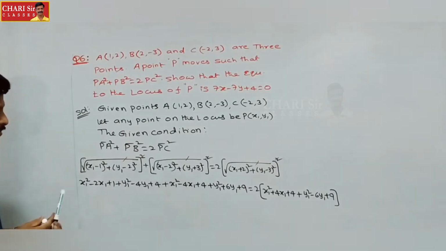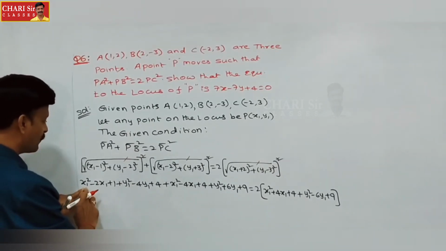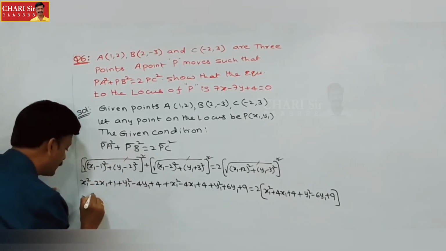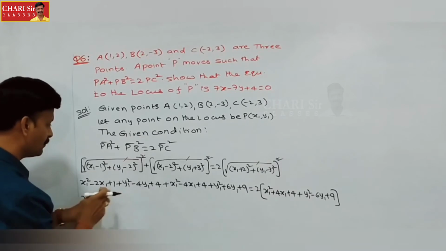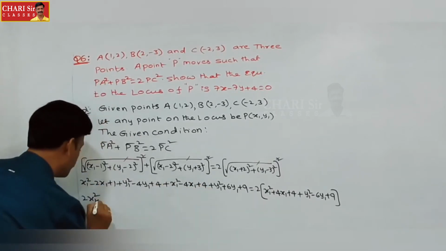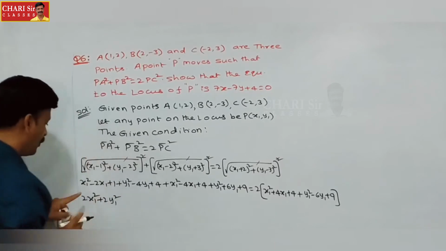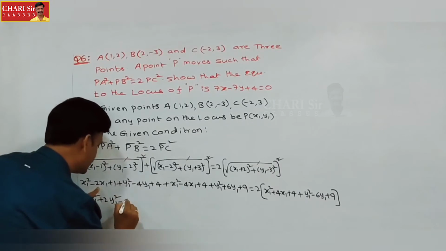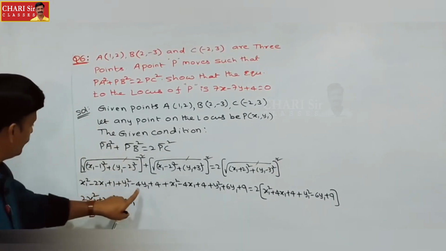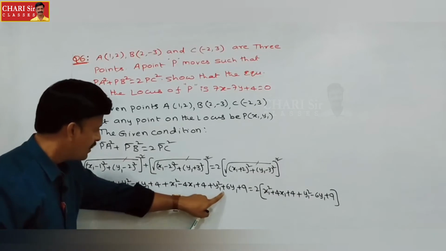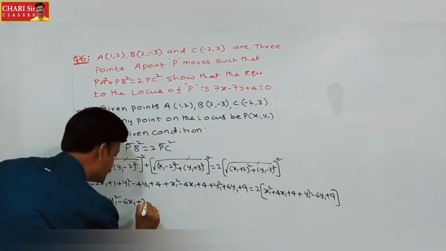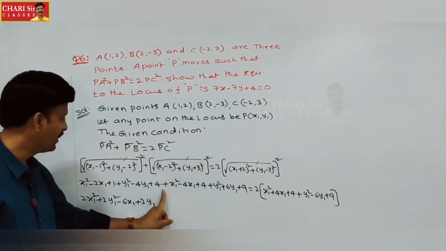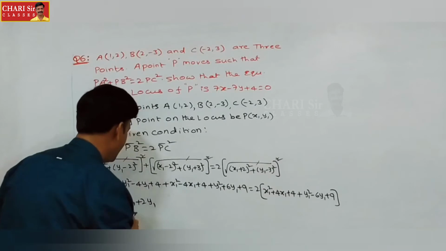So now we need to simplify the left hand side. Here x1 square and here x1 square, which is 2x1 square, minus 2y1 square plus y1 square plus 2y1 square. Now the x terms: minus 2x1 minus 4x1, that is minus 6x1, right. And the y1 terms: minus 4y1, 6y1 plus 2y1, this becomes. Now the constant terms are 1 plus 4 is 5, plus 4 is 9, plus 9 is 18.